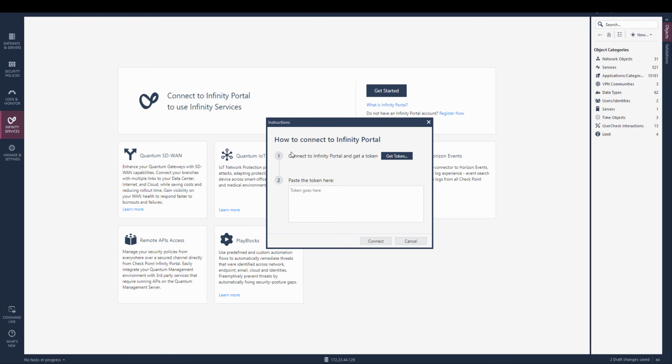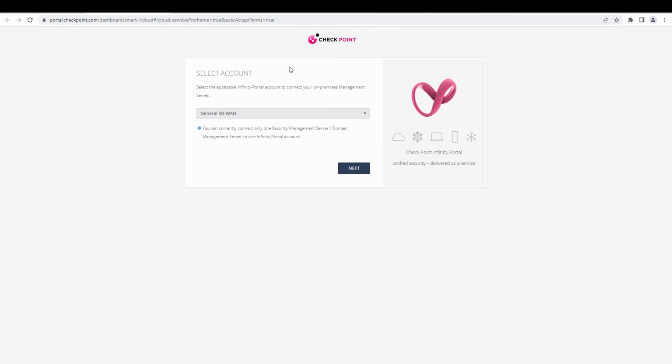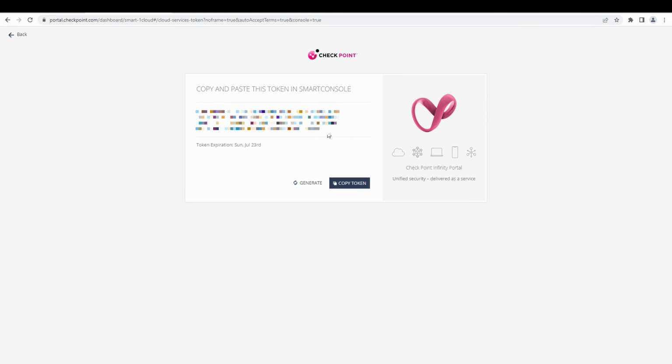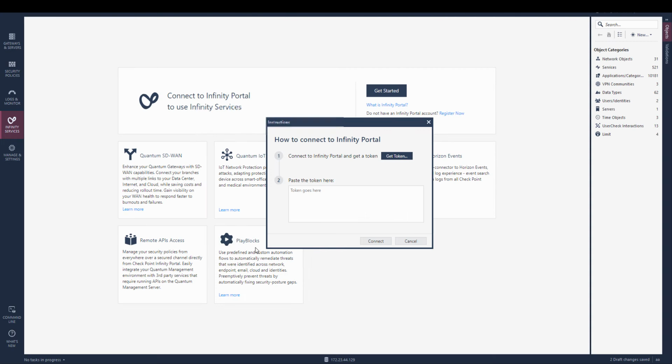Here, it requests us to get a token, which we'll soon get, and once we have it, we'll paste it here. As we select the Get Token, it again directs us to the portal, enables us to select the relevant account for which we need this, proceed on, and accept the fact that we would like to do so. Here we see the token. We copy it, and we return to the same location in the Smart Console, paste it, and go ahead and